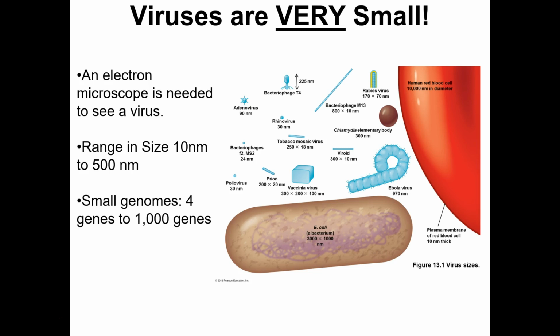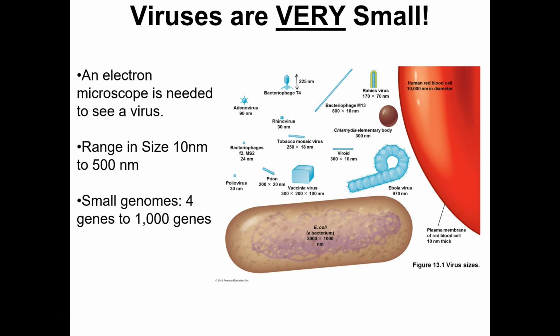Now, with this diminutive size comes limitations within the virus itself, because some of these viruses are ridiculously small. So the question is how much DNA or RNA can you pack into there? Not much. So viruses are the image of efficiency. So let's calculate this in terms of how many genes does a virus have. And the range I have is 4 to 1,000. And 1,000 is being very generous.